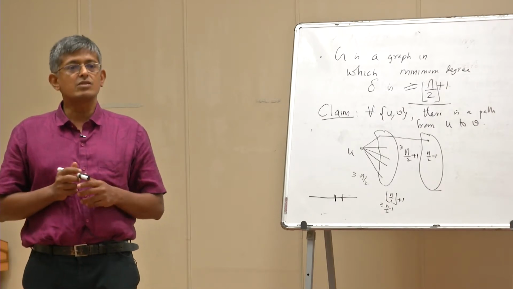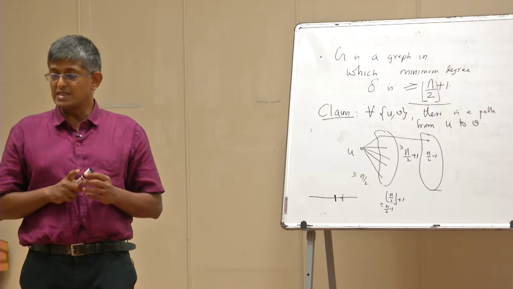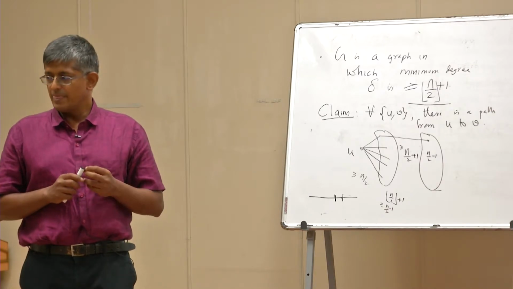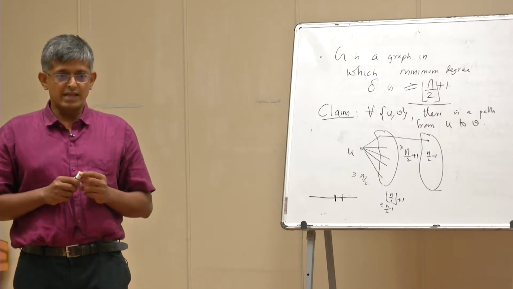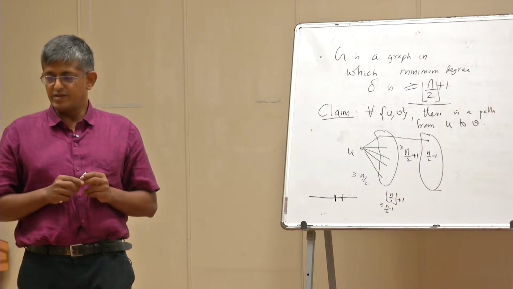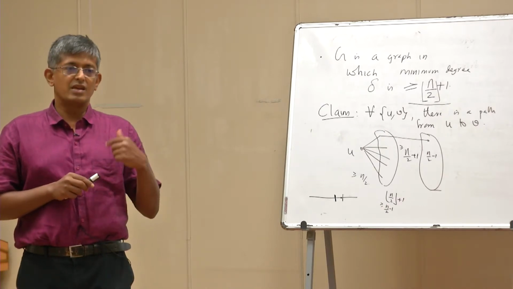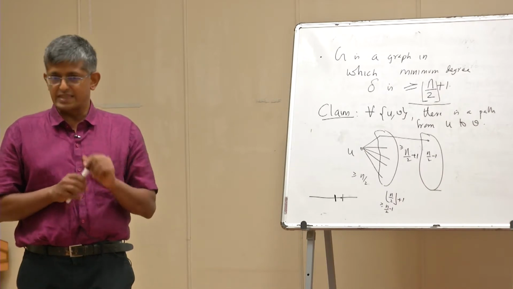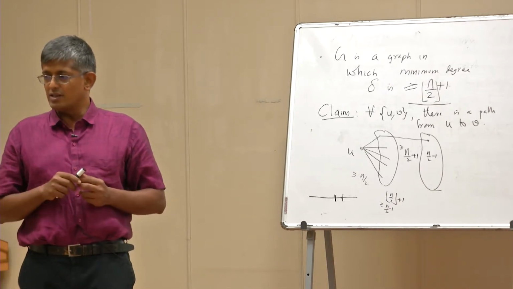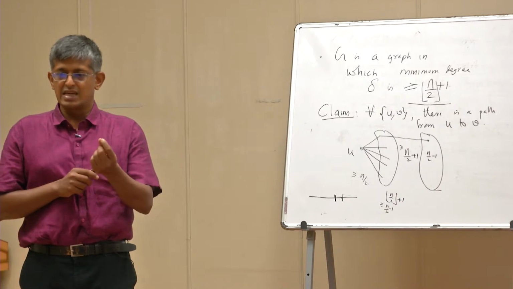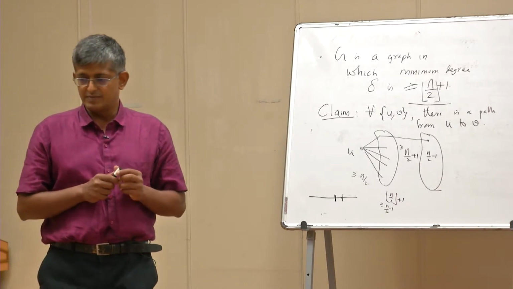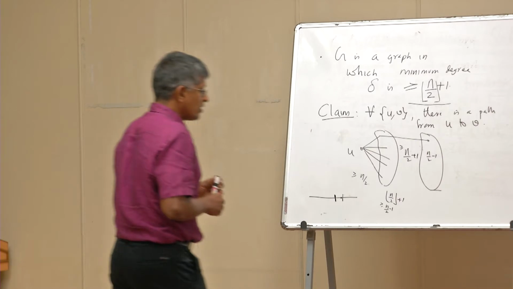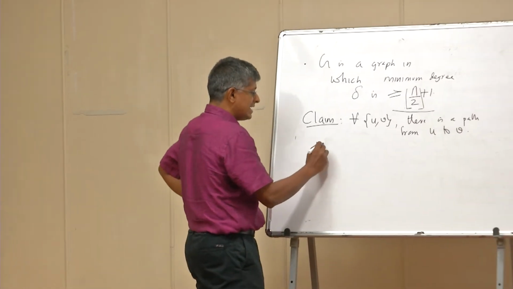So now I will ask you, if the degree is at least n by 3, what can you say about the length of the path between any pair? In general, if it is at least n by k, what can you say about the length of the path? Please take this as a small exercise. It's not for me to evaluate whether you are doing it, but these are the kind of questions that you must ask without fail. So therefore, high degree